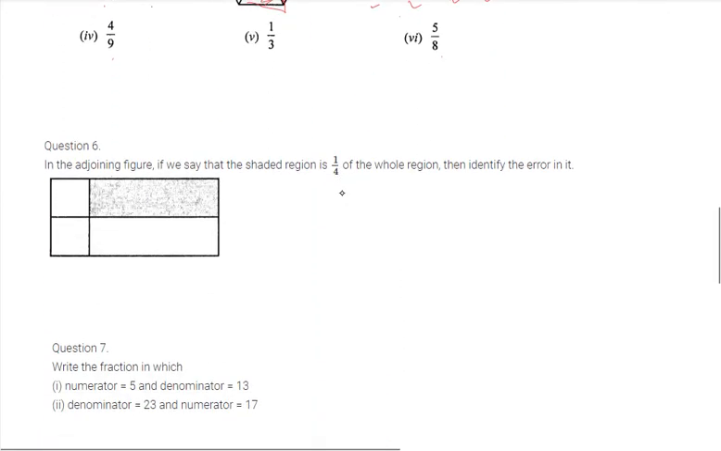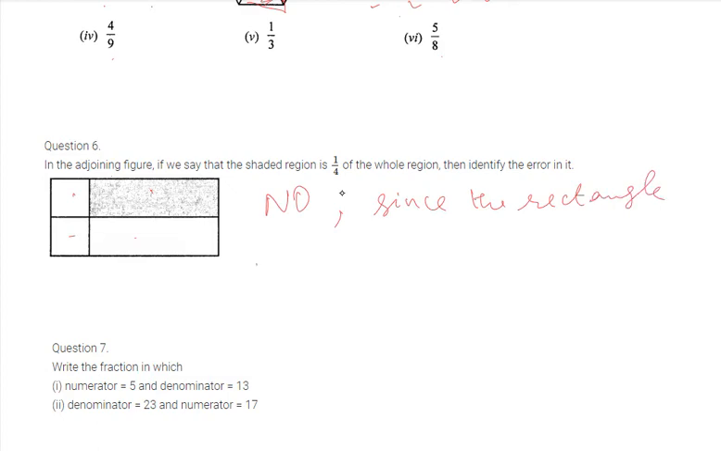The next question is, if we have to say whether the shaded region is 1/4 of the whole region or not. The answer is no. There are the 4 parts and one of them is shaded, but the 4 parts are not equal. So since the rectangle is not divided into 4 equal parts,